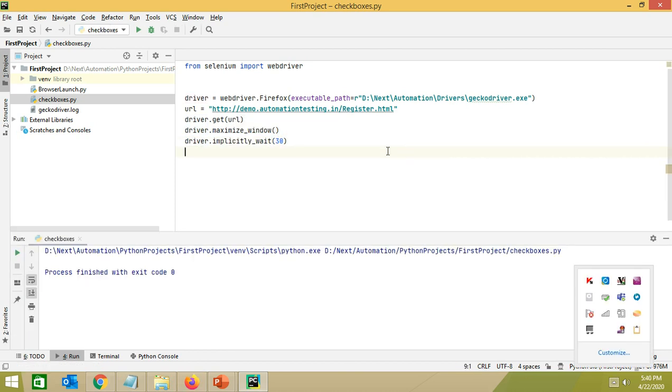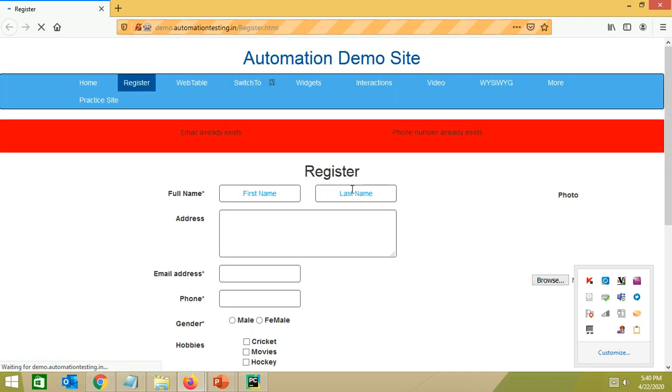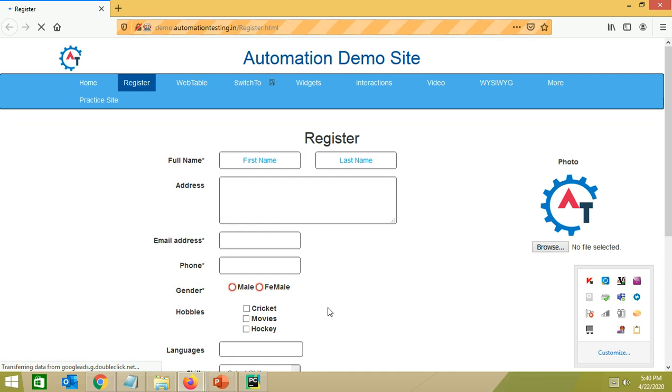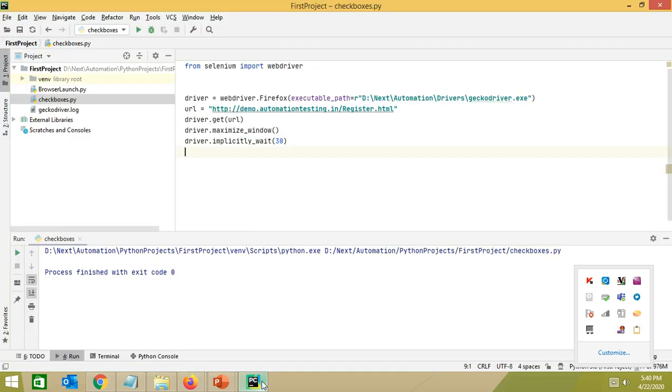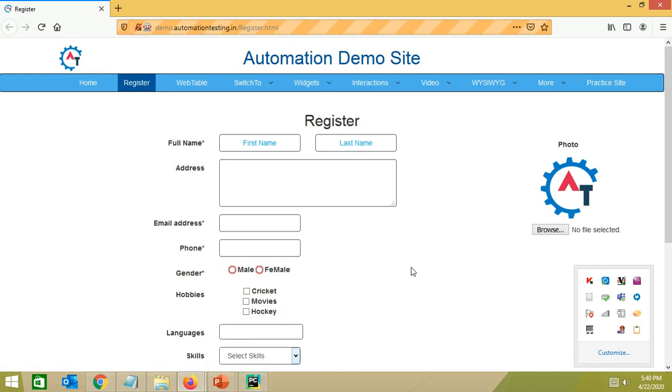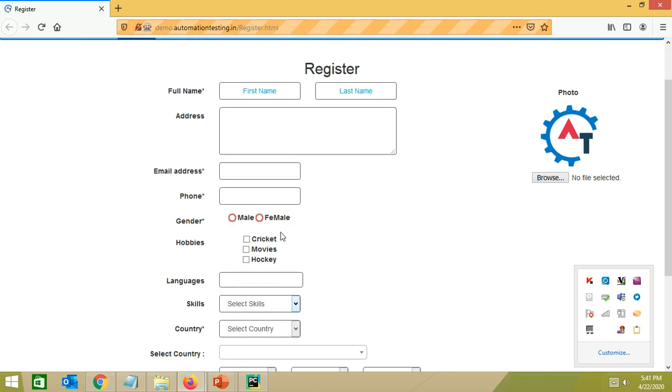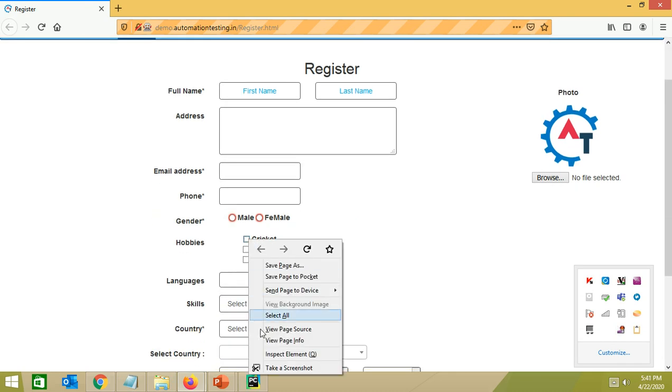Okay, let's run this code. This will launch our application, and after that we'll check what all fields are available. Okay, so the website got launched, everything worked well. So we have checkboxes on this page. Let's take these checkboxes,